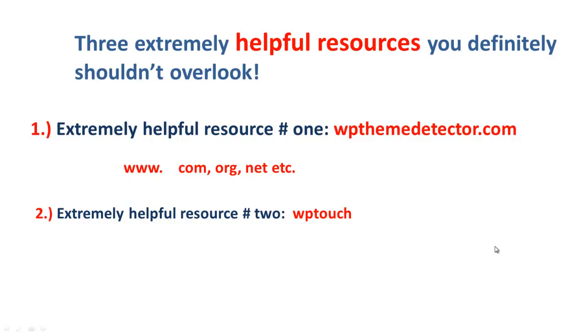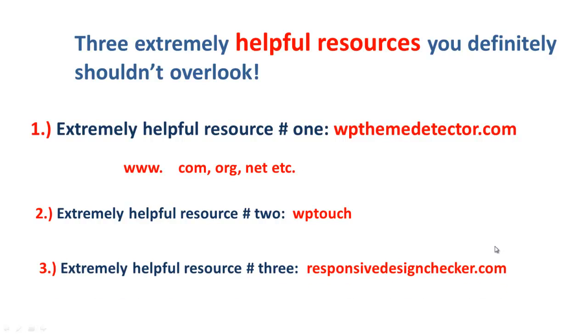Now, here's the third resource, ladies and gentlemen, that you definitely don't want to overlook. It's called responsivedesignchecker.com. And what you want to do with this is you go there, and it's going to tell you if your site is mobile responsive. And you'll know. You should have known that up front if you purchased a paid theme. But if you don't, go to